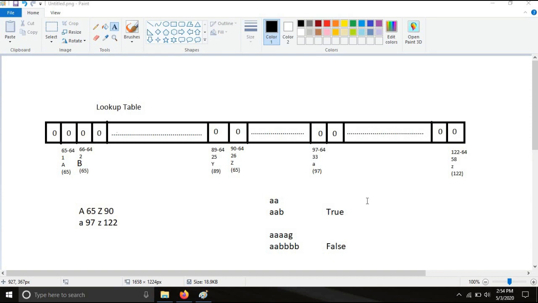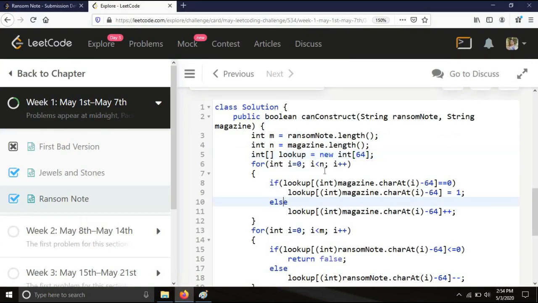Now what we will do is iterate through each character in the magazine string and increase the counter whenever we encounter a character. I have created one lookup array of size 64. Now I am iterating through the second string, where the size is n, with int n equals magazine dot length.